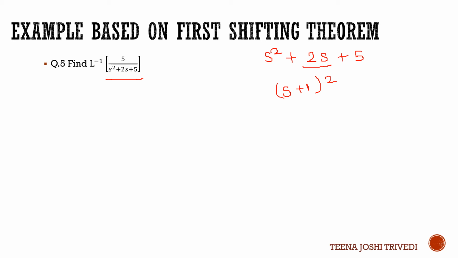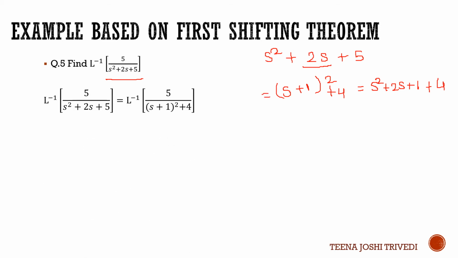If we open this (s plus 1) whole square, it will become s square plus 2s plus 1. A square plus 2ab plus b square, where b is 1, so it will be 1. But what we have here is 5 as the constant term. So we have to add plus 4 over here to equate these 3 terms. So in the next step you can see